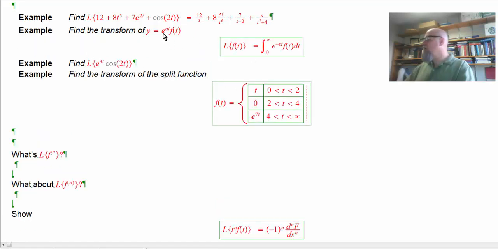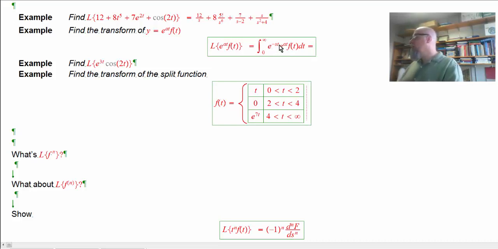So I'm transforming e to the at times that function. Now, common base of the e, so I'm going to add the exponents. Let's clean that up. When I add the exponents, that's going to be minus s